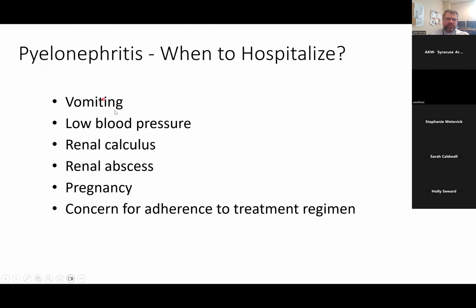When do you hospitalize? So, like we said, vomiting, and then any kind of thing that looks like sepsis or septic shock. So, low blood pressure. You can consider, if they have an obstructing renal stone, so it's obstructing, they need an intervention. A renal abscess would be a good idea to hospitalize them. If they have a good sized abscess in their kidney, the question would be, do we have an organism? And if they grew something from their urine, we would say that's what it is. Otherwise,